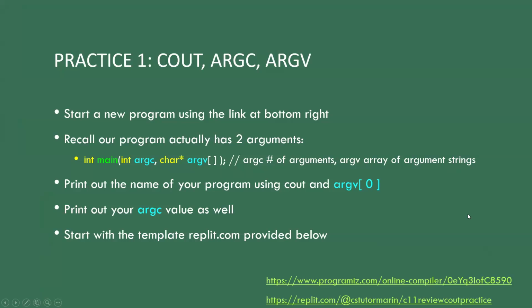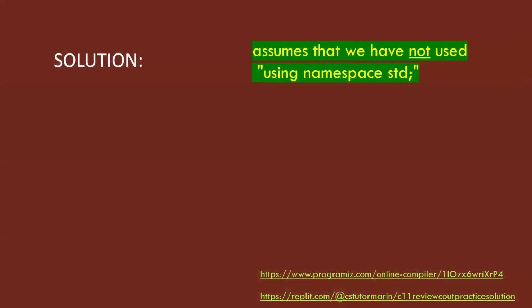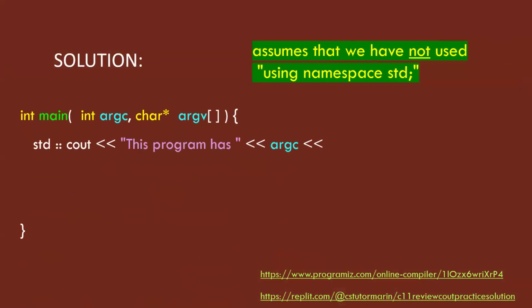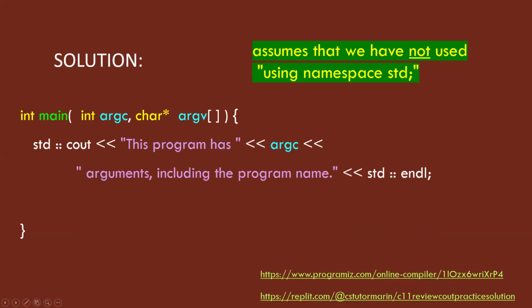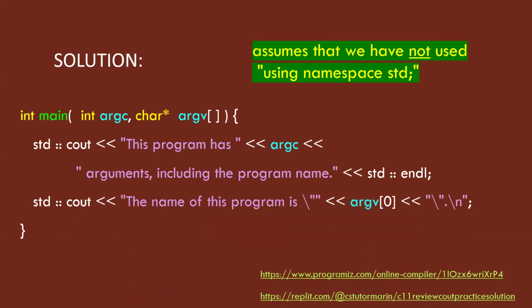But I'm just going to show you the code in action here so you can see what it looks like. Assuming that we have our namespace not used, we have to say std::cout. We can say this program has argc arguments, including the program name. That's our first step. And if I print out argv[0], it's going to print out that bag of characters